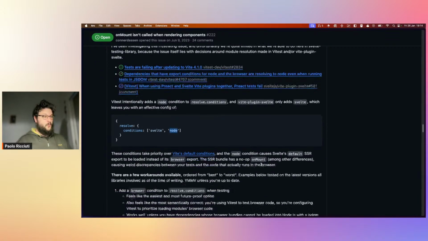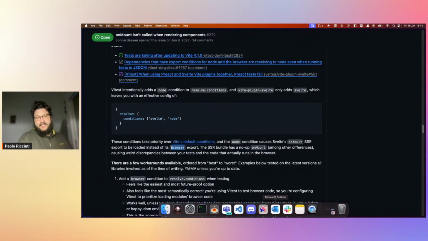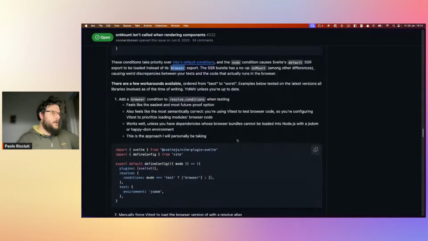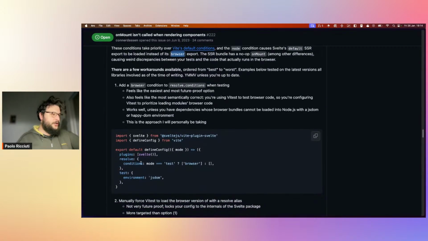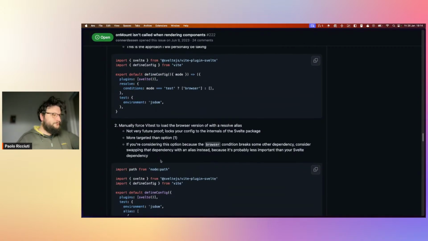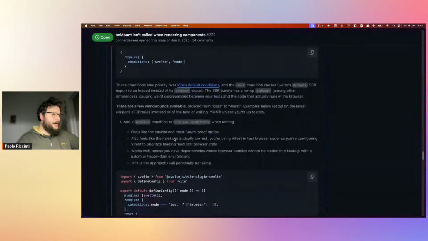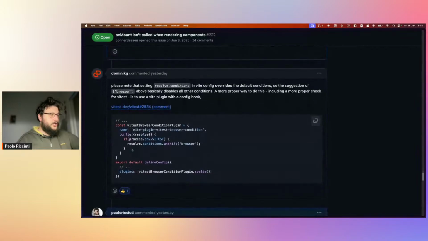But we also want browser, which basically will act as if it was on the client side. And so they actually gave this solution: in resolve.conditions, if mode is equal to test, add browser. And actually this works and it's good,